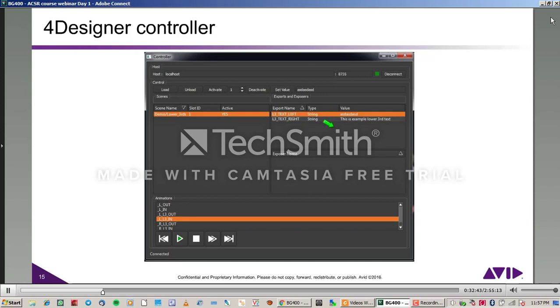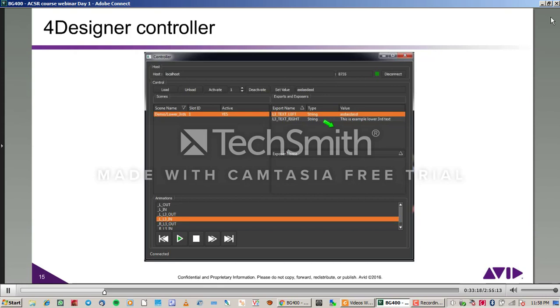If the graphics team, the design team doesn't have access to the Maestro or 3D Play, but still would like to see if they created the animation in the proper way, if they didn't forget about the exports to all the needed parameters, with the ForDesigner, without any additional license, it's coming the ForDesigner controller. That is something which is hidden a bit. You need to find the folder where the ForDesigner is installed on the C drive to find it. But then it's giving you the possibility to